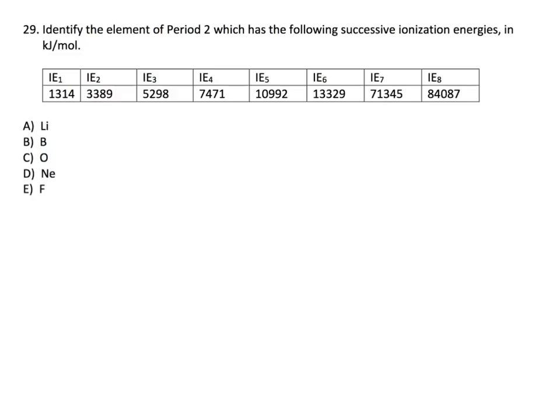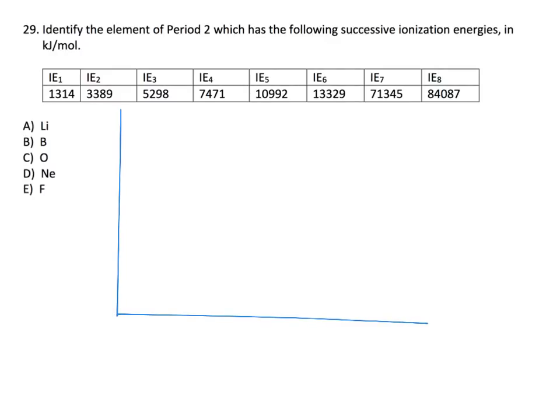Question 29 says to identify the element of period 2 which has the following successive ionization energies in kilojoules per mole. What we're looking for here is the point at which the ionization energy stops increasing by small amounts and suddenly dramatically increases by a large amount. Sometimes this is easier to spot if you have a plot. So if we draw a plot that looks like this,